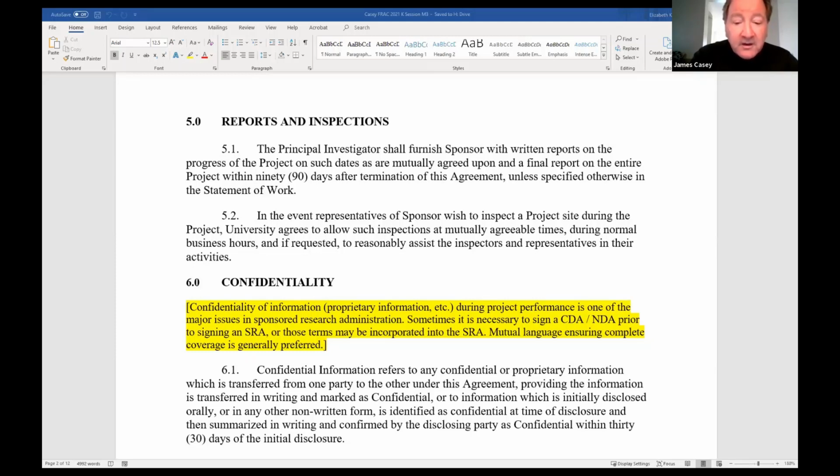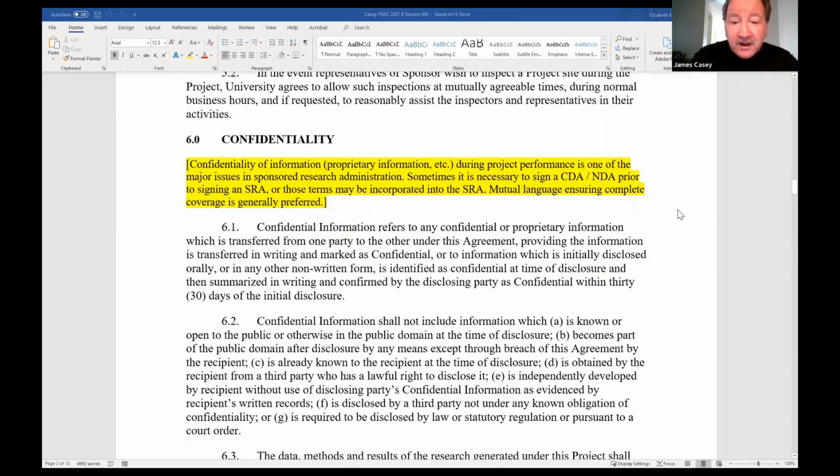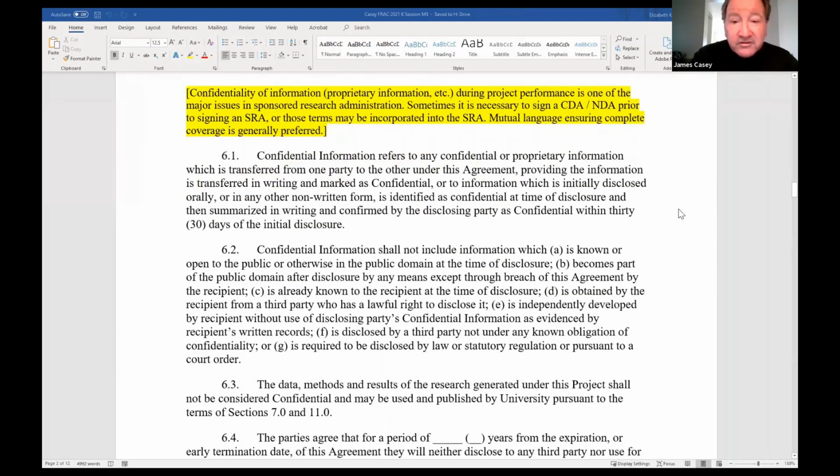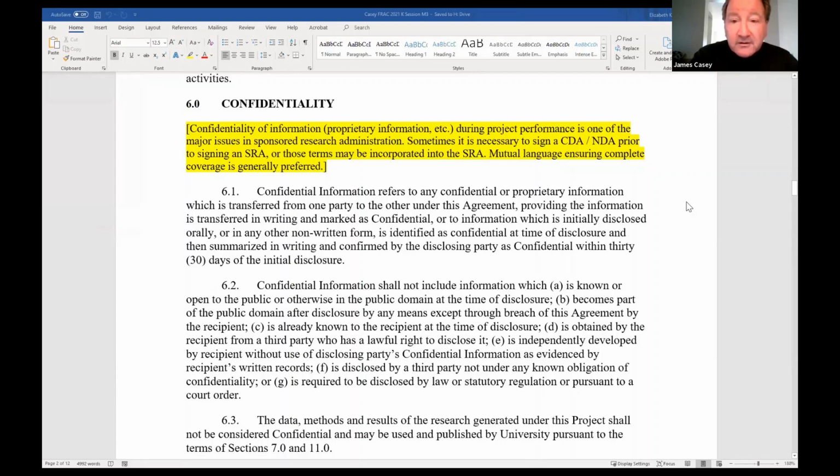Clause 6, which is confidentiality agreements, non-disclosure agreements. That's an interesting area because there are different schools of thought on whether you should have a separate NDA or CDA, or the language should be embedded into the sponsored research agreement. And here in clause 6 you will see standard